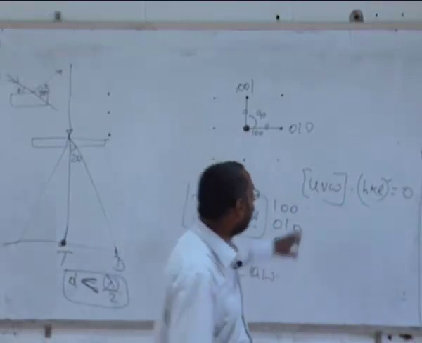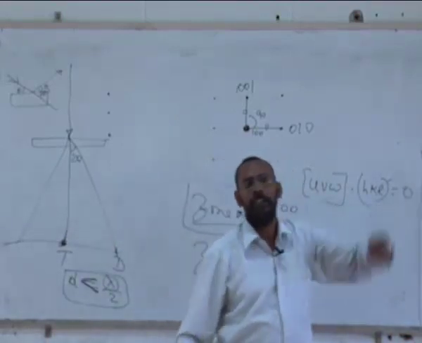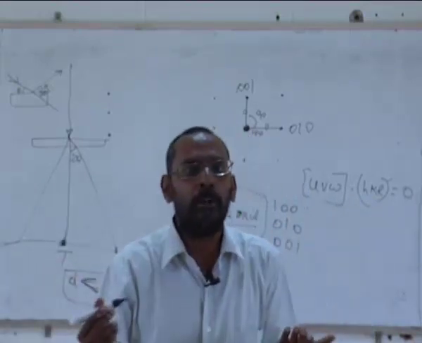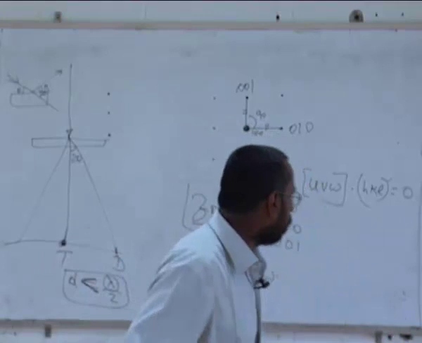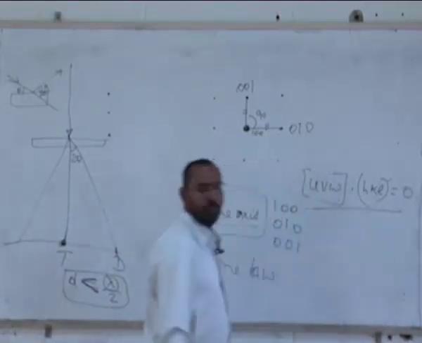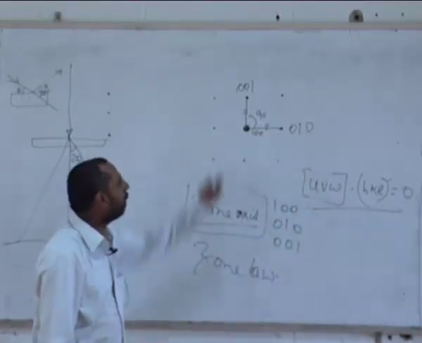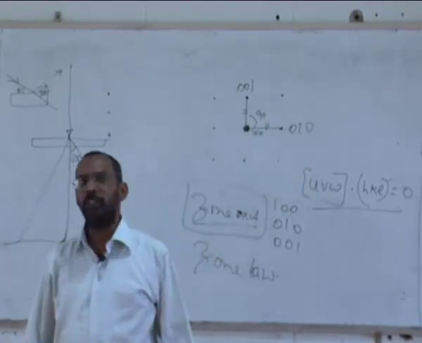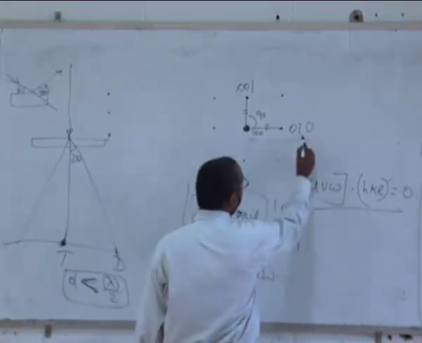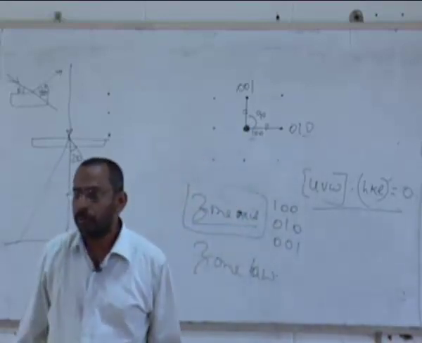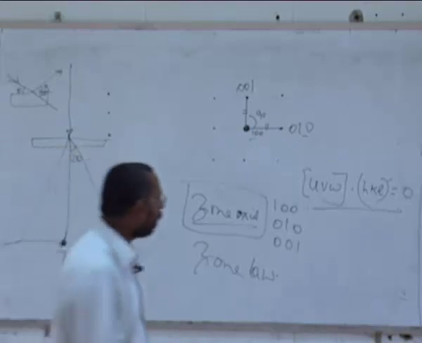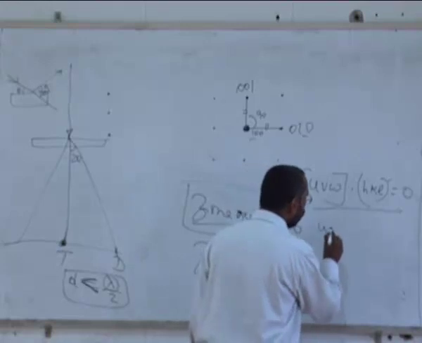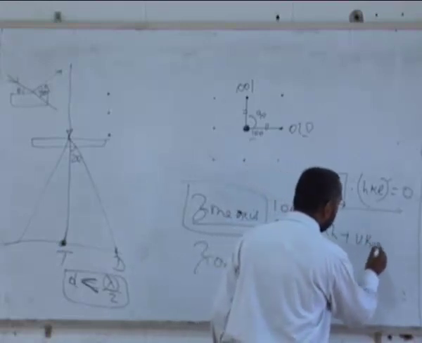which I am calling a zone axis, and when they are perpendicular, then the dot product is 0, right? Whenever there are two vectors which are perpendicular to each other, the dot product is 0. And this particular condition is what we use, and from that we can find out what these are. And once I know that these two are 0, 1, 0, for example, if I take a dot product of this and this, is it 0? How do I get the dot product? Dot product is, if this is UVW and if this is HKL, it is UH plus VK plus LW.